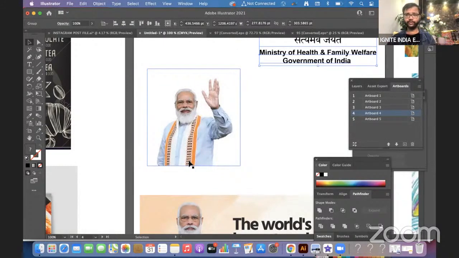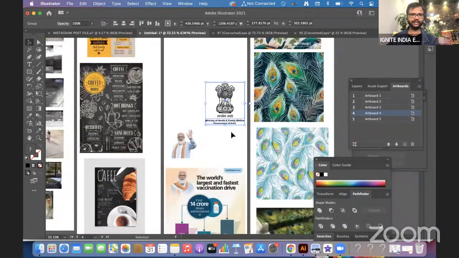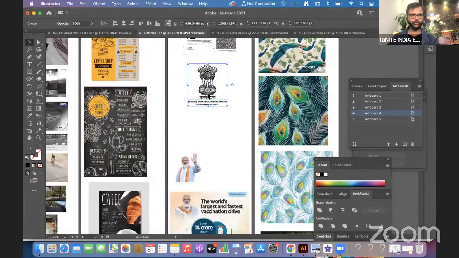So what you can do is make changes in the expression of the PM, and also he likes youth. Something you can play with: maybe whichever state you are from, you can play with clothes or something with him, whatever you like. So you can make a PM sketch, and this you can't change.